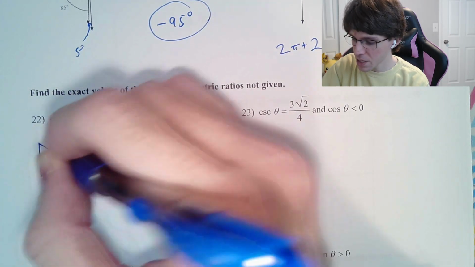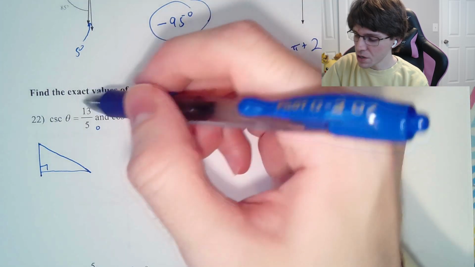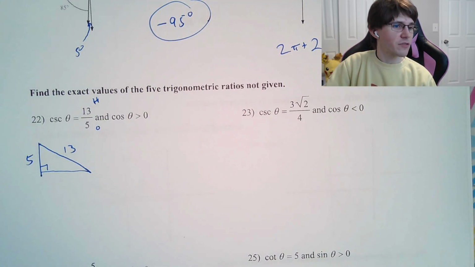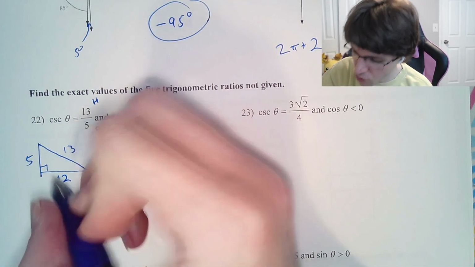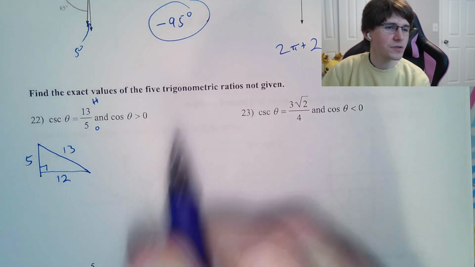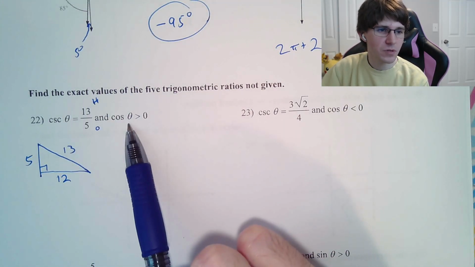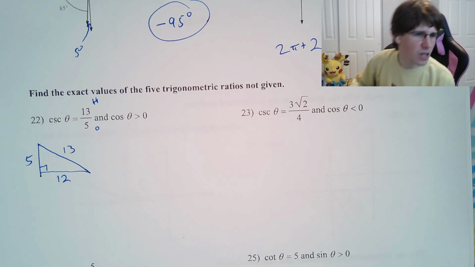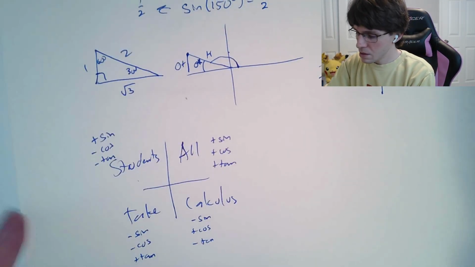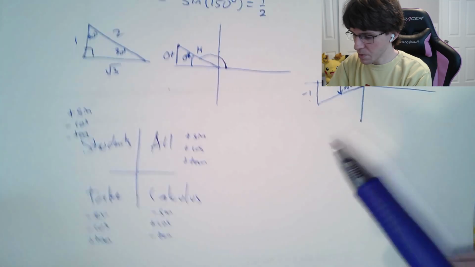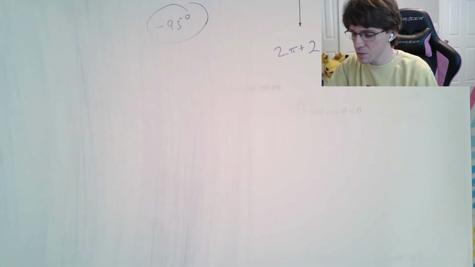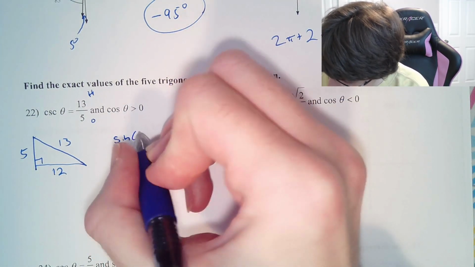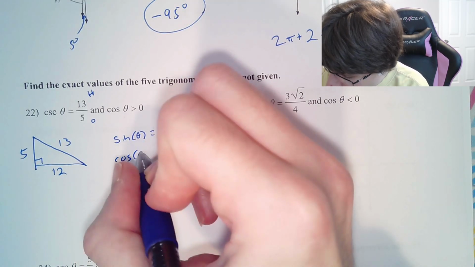It doesn't matter exactly where you put it. But you're told here that you have a 13 for the hypotenuse, a 5 for the opposite. We hopefully have memorized that one from the previous video as a 5, 12, 13 triangle. But you're also told that the cosecant is positive and the cosine is positive. If you have a cosecant, which goes with sine, if sine is positive and cosine is positive, the only place where sine and cosine are positive is here, which means that all of our answers are positive the whole way through. So we can go ahead and write down our sine of theta equals, our cosine of theta equals,